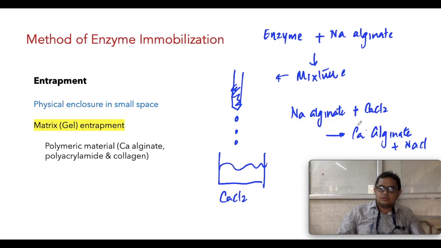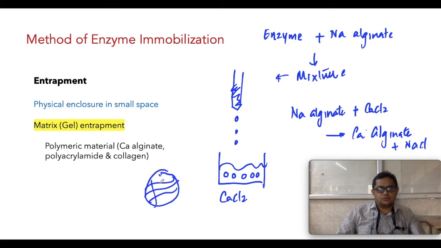This change of salt immediately changes the property of the alginate. It immediately becomes insoluble. Whenever it touches, the reaction is very quick and it forms beads. So the enzymes in the mixture become trapped inside the beads. So you have beads,